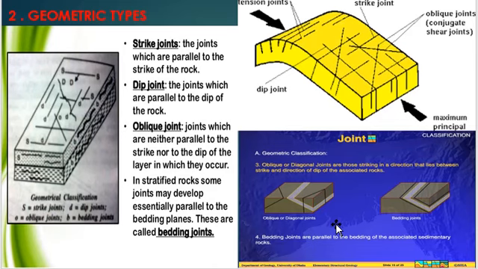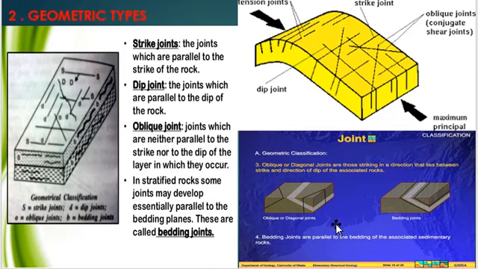Then what is the attitude or intersection of all joints? In mural joints, mutually perpendicular. In seat joints, parallel to the ground surface. Columnar or prismatic joints, polygonal, commonly hexagonal, horizontal or vertical. In master joints, mutually perpendicular. Dip joints, dip and strike both mutually perpendicular.